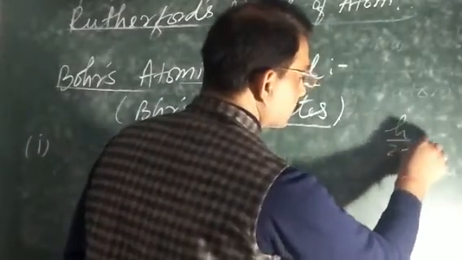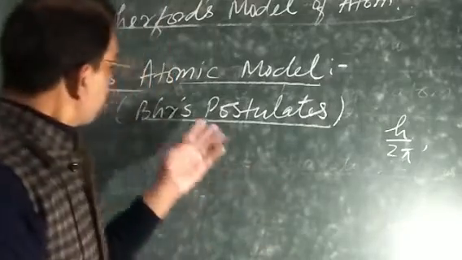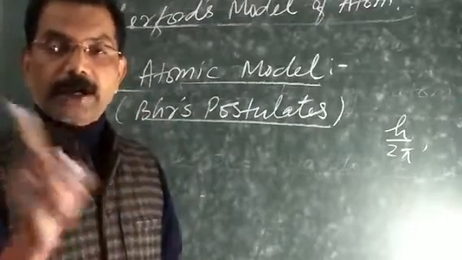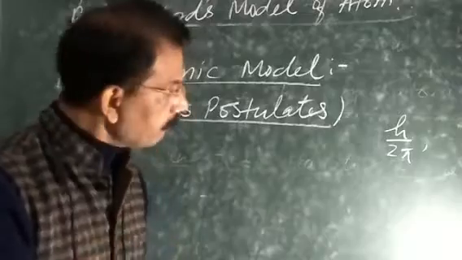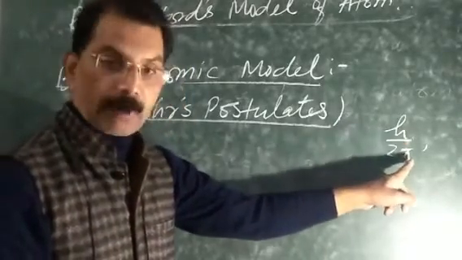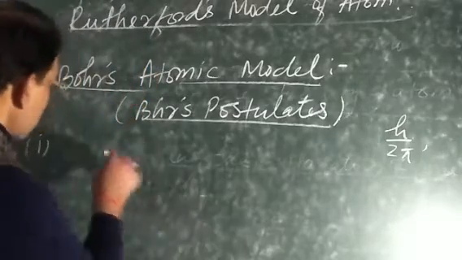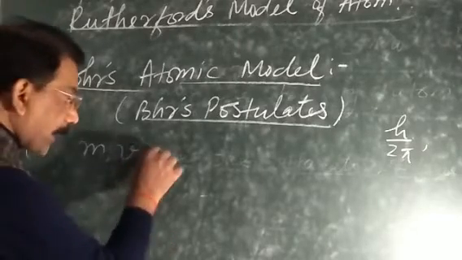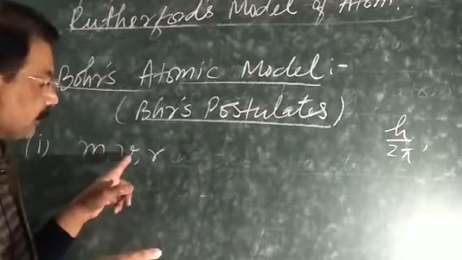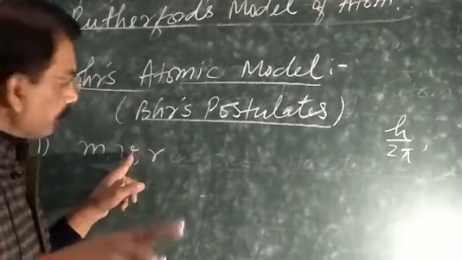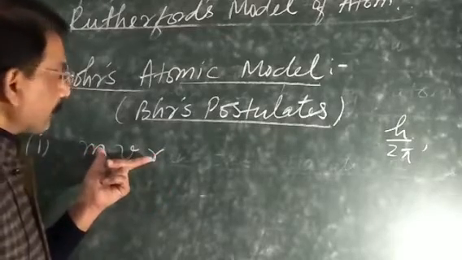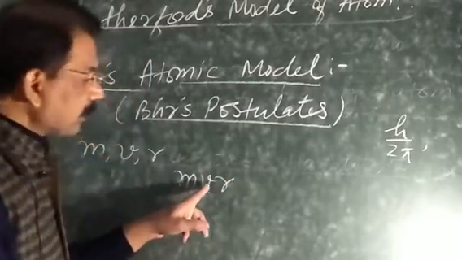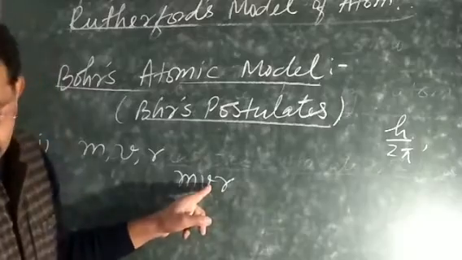h upon 2 pi, जहां h क्या था, प्लैंक कांस्टेंट। तो बोर्स ने बताया अपने फर्स्ट पोस्टुलेट्स में कि इलेक्ट्रॉन केवल उसी ऑर्बिट में रिवॉल्व करेगा जिस ऑर्बिट में उसका एंगुलर मोमेंटम इंटीग्रल मल्टीपल होगा h अपॉन 2 पाई के। मान लेते हैं if the mass of the electron is m, moving with velocity v in any orbit of radius r, तो उस ऑर्बिट में उस इलेक्ट्रॉन का एंगुलर मोमेंटम क्या होगा, m v r। This one is angular momentum of the electron